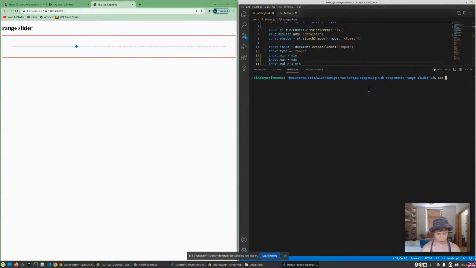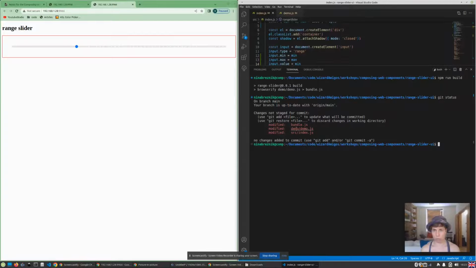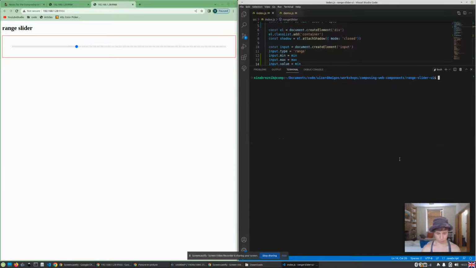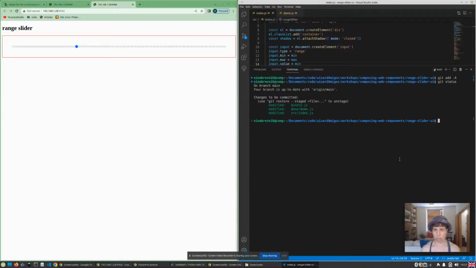npm run build. git status. The changes were done in demo, source, and bundle. Git add. And now we can see that all the changes are added. Now we just need to commit them. Git commit,